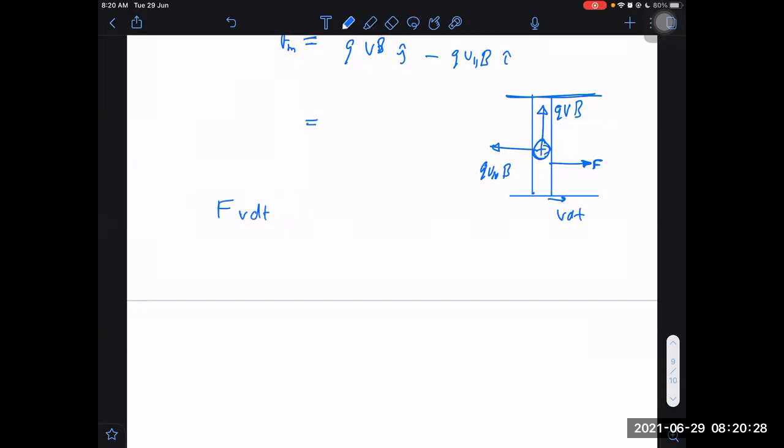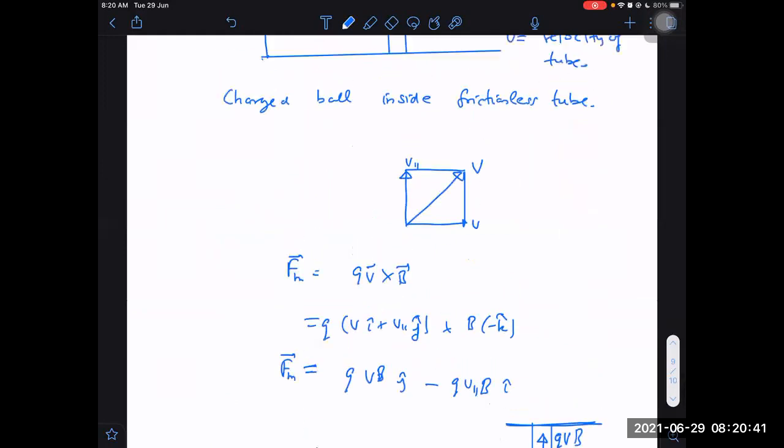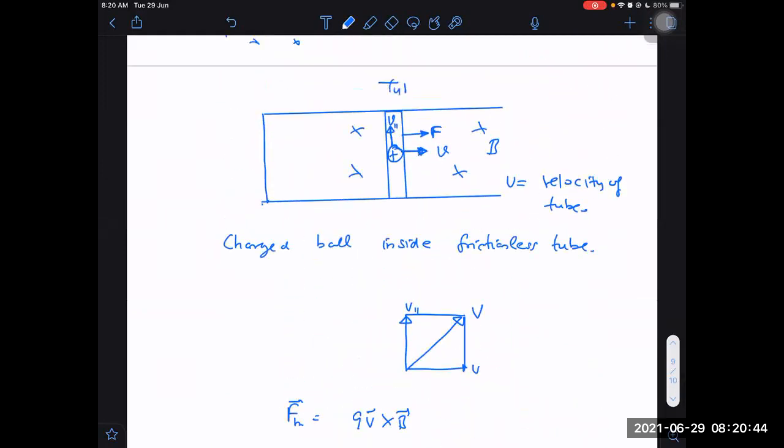Now, what is apparently the work done by the magnetic force? Work done by the magnetic force is equal to Q into V parallel into B. I'm moving it with constant velocity. The tube is moved with constant velocity. This ball is of mass m, and the magnetic force is backwards here. It will be acting backwards, right?